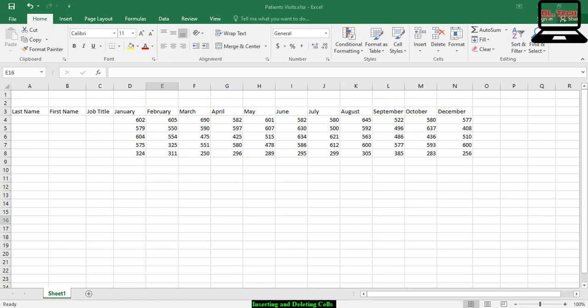After creating a worksheet, you might decide to add more data or delete unnecessary data. Also, you can insert or delete entire rows and columns.